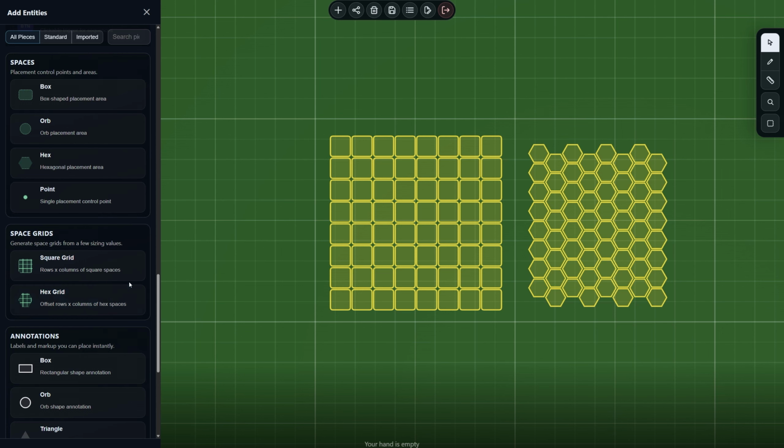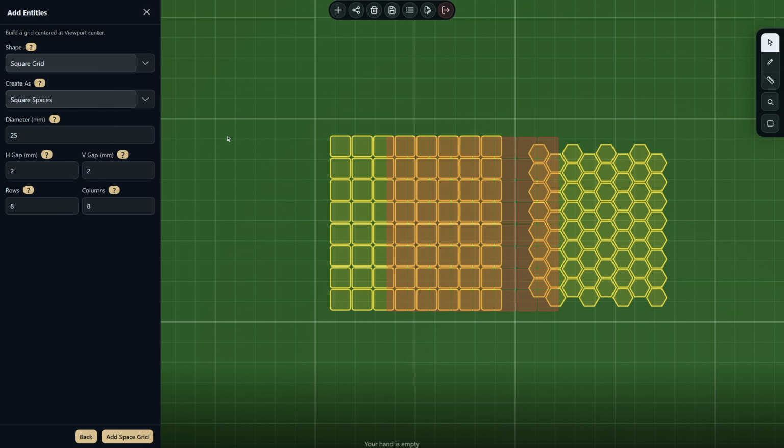In this video, we're going to be talking about space grids, and they come in square and hex. When you select a grid, the outline will appear on the table, and you can drag it around using your mouse pointer to get it into the right place so you can spawn it. You can change the shape of the grid from square to hex, and you can create it as square spaces